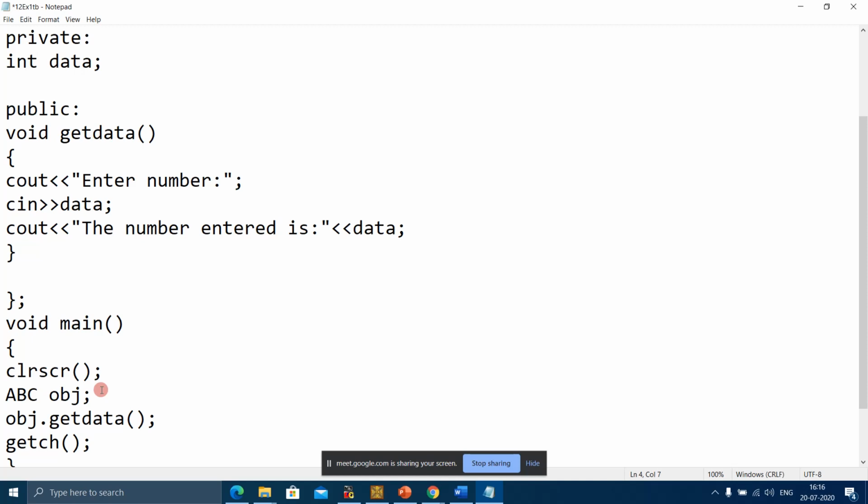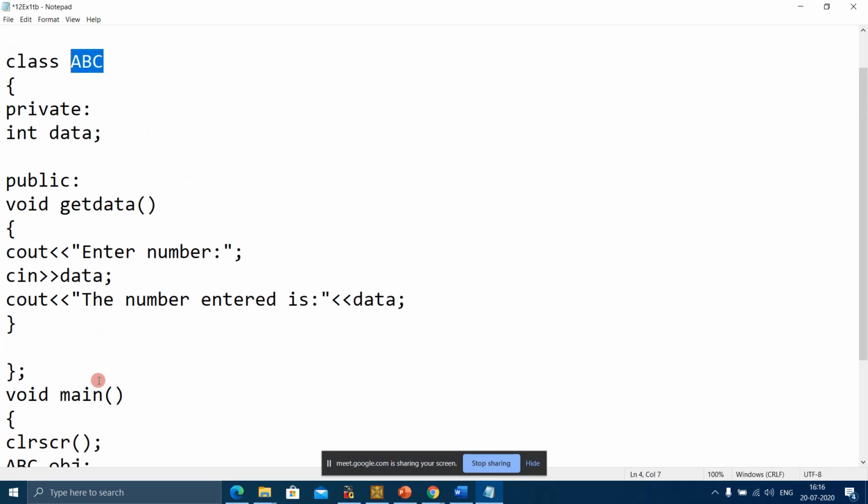So is it clear to you? Class and objects. The simplest example is fruits is a class, and mango, banana, apples are the objects of class fruits. Likewise, you can relate it with that.